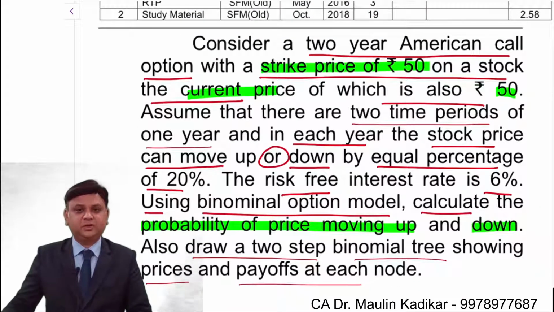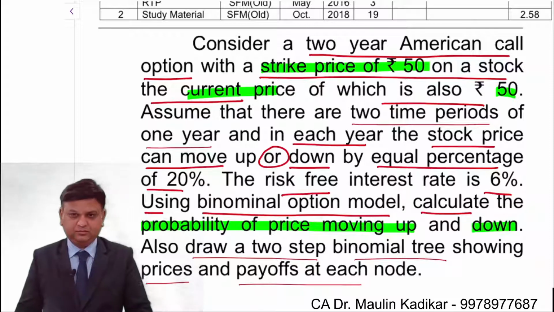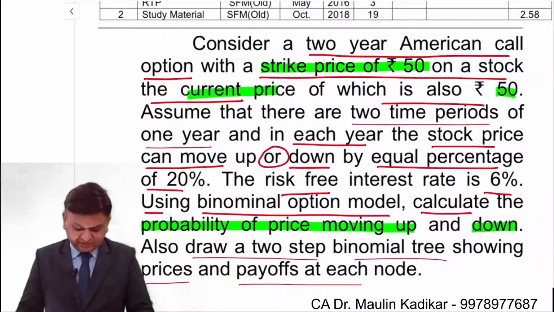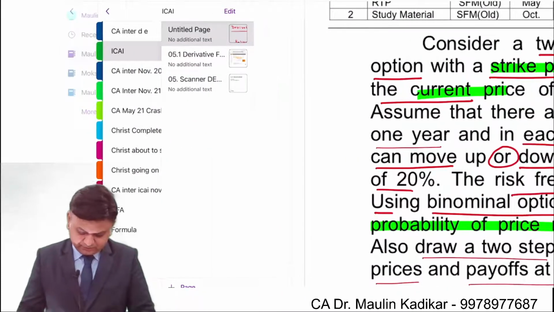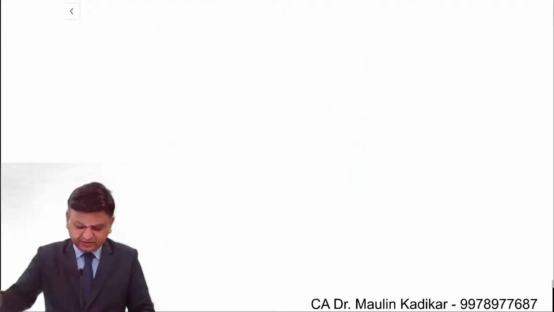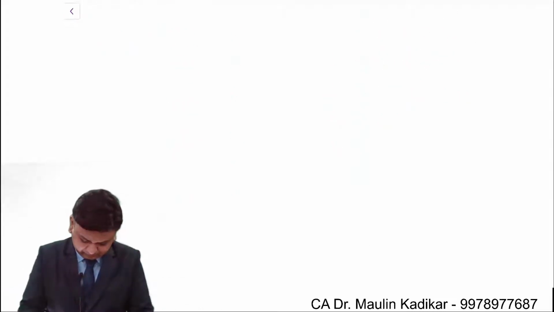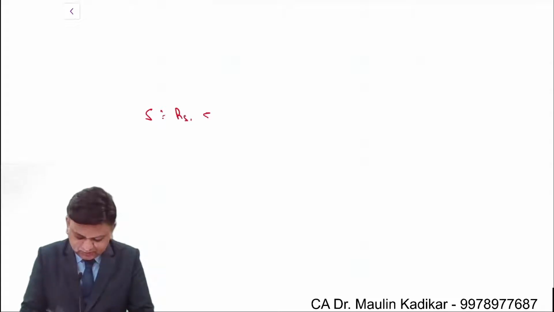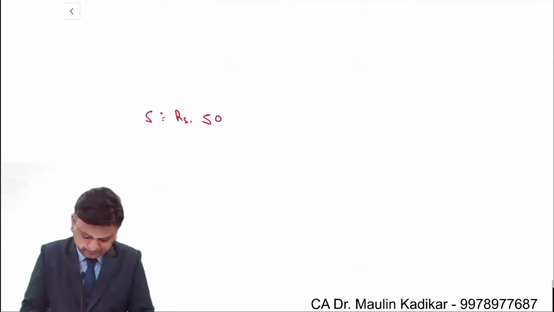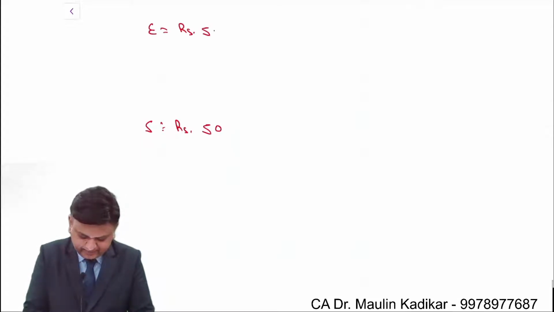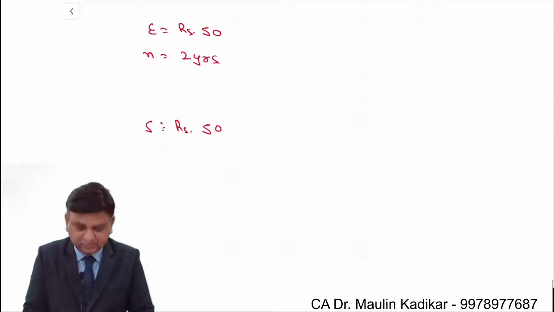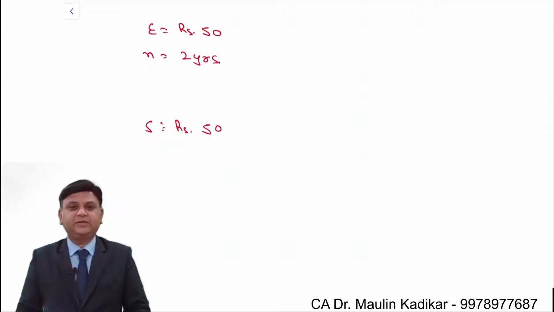Please go through the question, all of you. Let us have an understanding of the question. The question is providing the information like this. The spot price of the equity share is rupees 50. The exercise price is also rupees 50. The time period of the option is given as 2 years. Information is given to us that